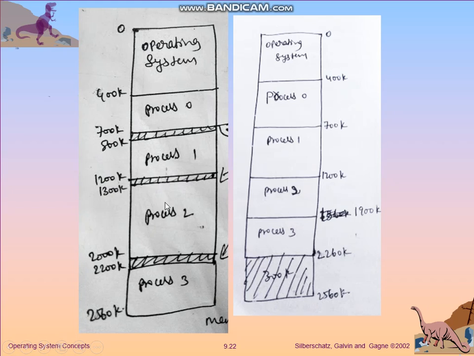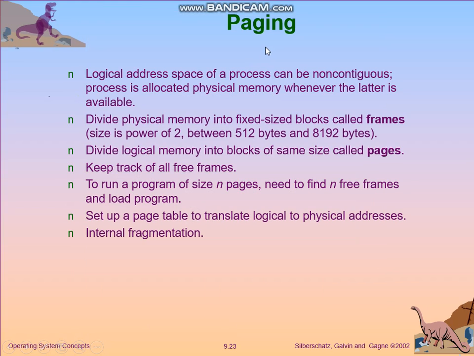Depending on the capacity of these free spaces, the external fragmentation can cause a problem. So we need to see a solution so that you store all the processes in sequential order and you get this 100K which can be used. To overcome this difficulty, you have a technique called paging.